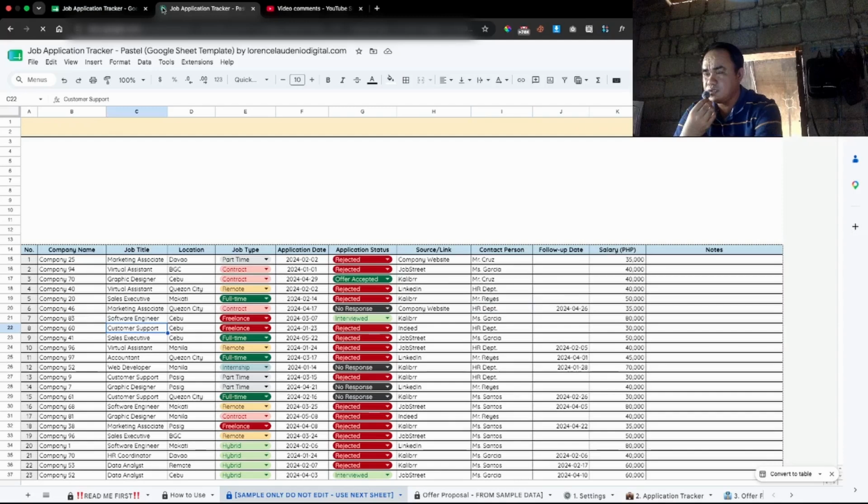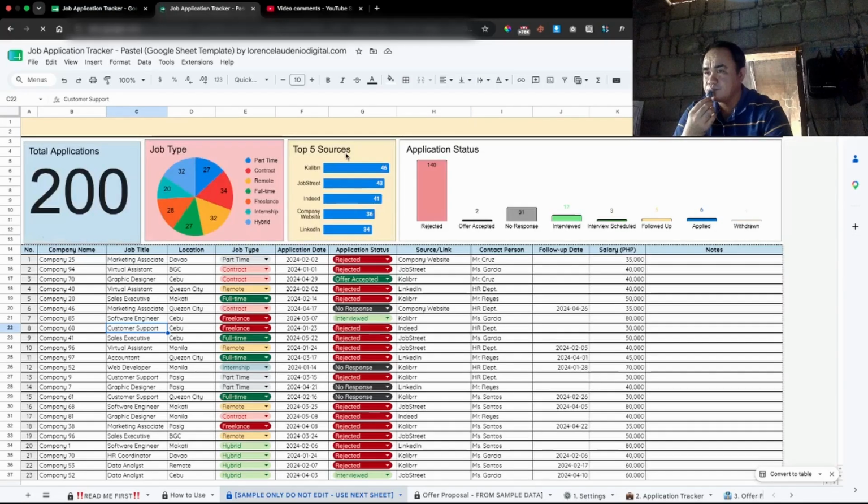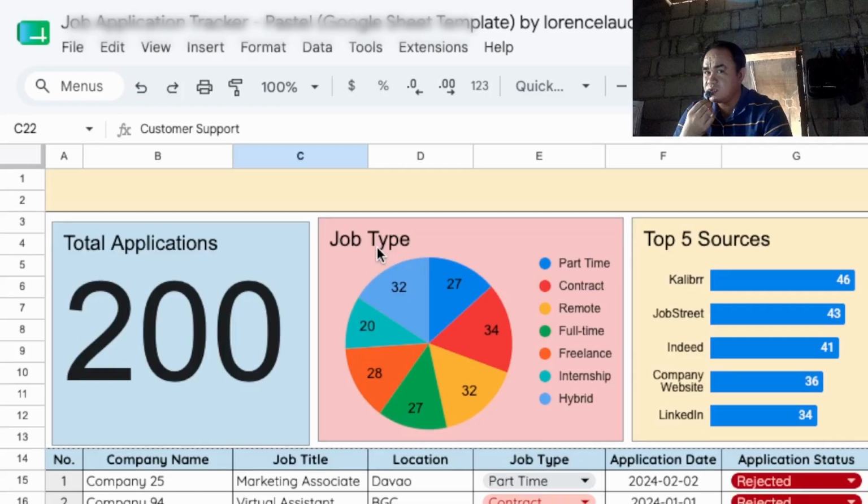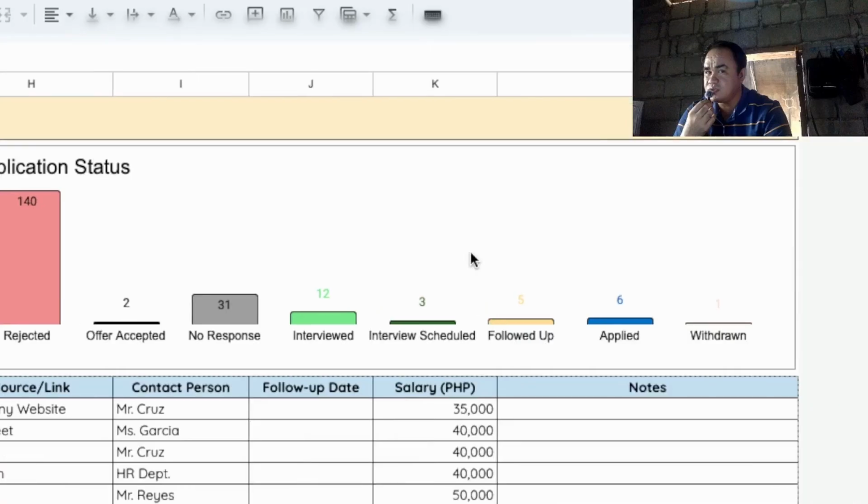Okay, this is a sample template that you can make if you follow the demo. We have here the total applications, total jobs, top 5 sources, and application status.